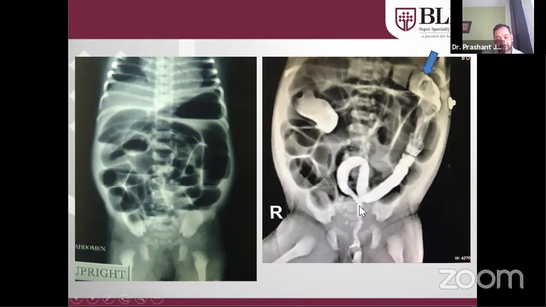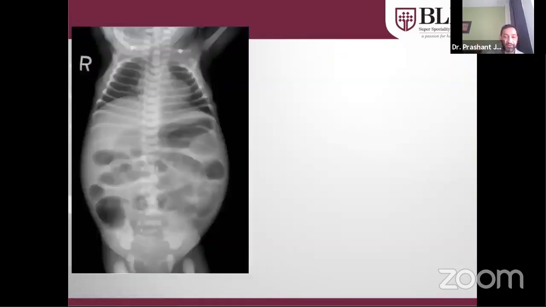Here we see the rectum is collapsed, the sigmoid is collapsed, but the dilatation is seen in the area of the transverse colon, proximal to the splenic flexure. So this finding is very much classical. We see it in patients with Hirschsprung disease. This is the transition zone, this is the ganglionated segment which is dilated, and this is the aganglionated segment which is collapsed. So by doing a gastrografin enema study, you can make out the diagnosis whether this is Hirschsprung disease, ileal atresia, or a meconium plug.